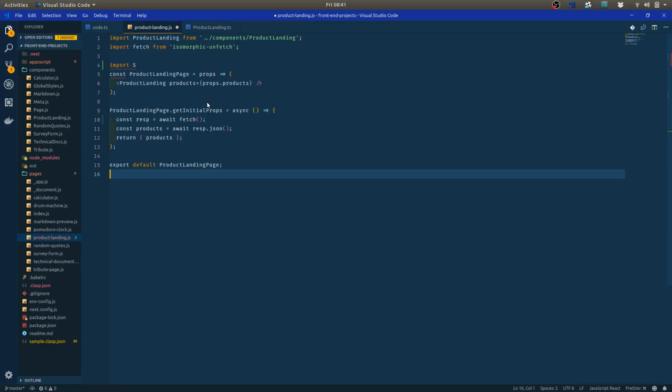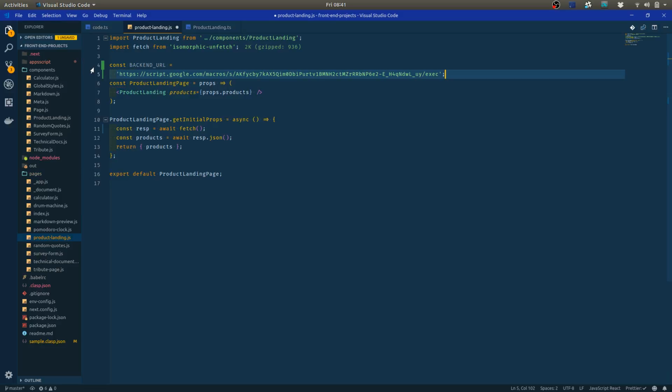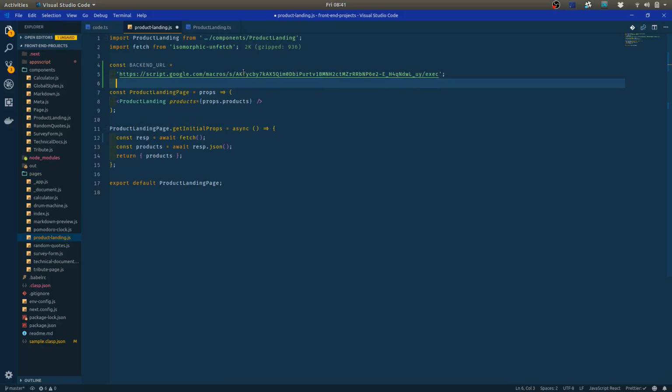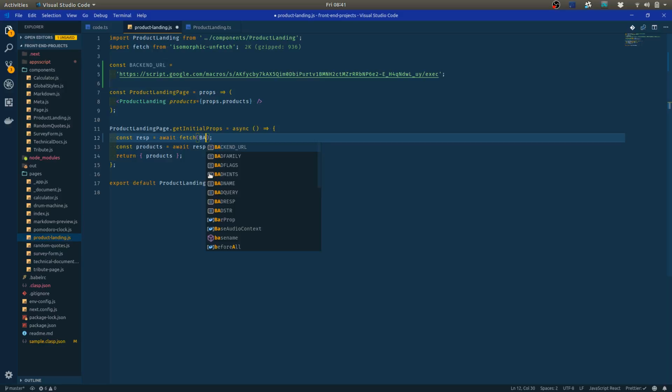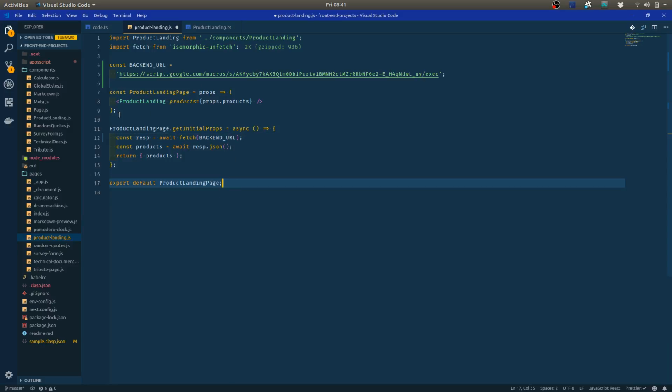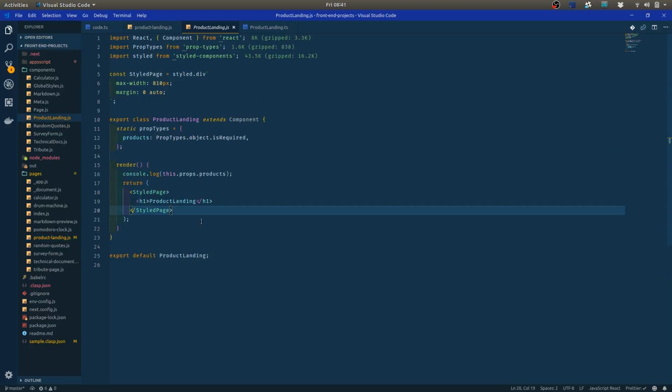But I wanted to use this get initial props. I tried to use that in another way. So I'm going to pass it this backend URL. Then it passes back JSON, got to await that, and then it's going to send it as products to the product landing page. So I'm using get initial props, and then in the product landing component, I should get some